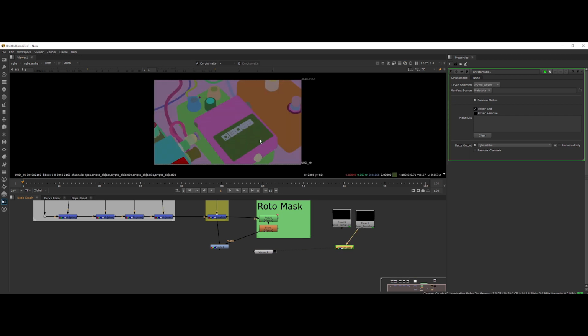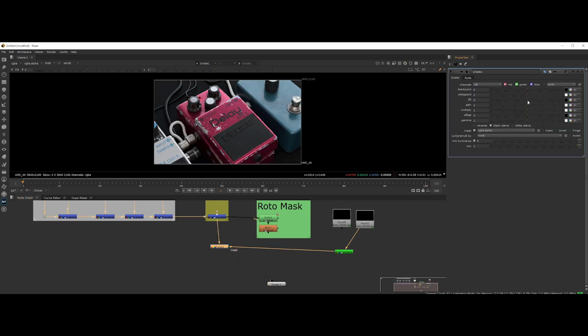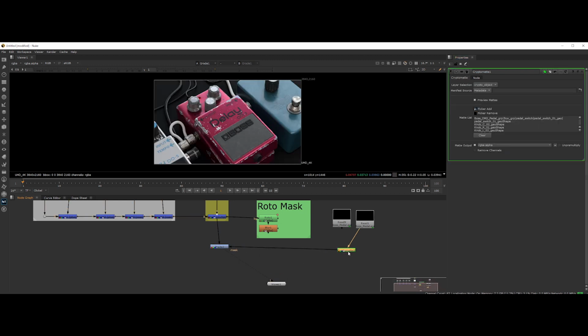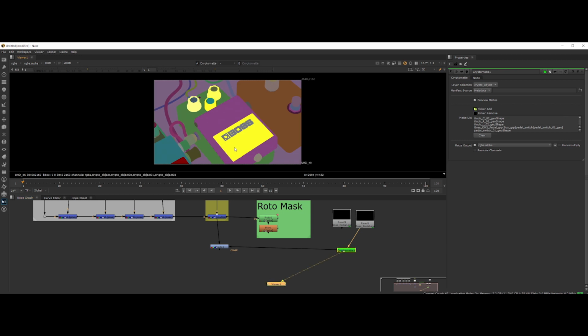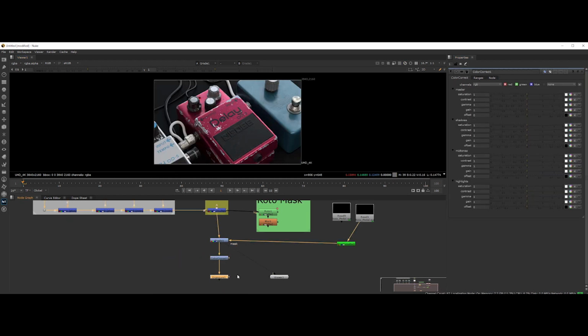Click on the node and then, in the Properties panel, select the Picker Add checkbox. On the viewer now, with Ctrl+left click, you can select the desired objects. It will automatically create an alpha mask. Now, via a grade node, for example, you can adjust your image easily. If you want to remove an object from the mask, just click on the Picker Remove checkbox and deselect what you need in the viewer.